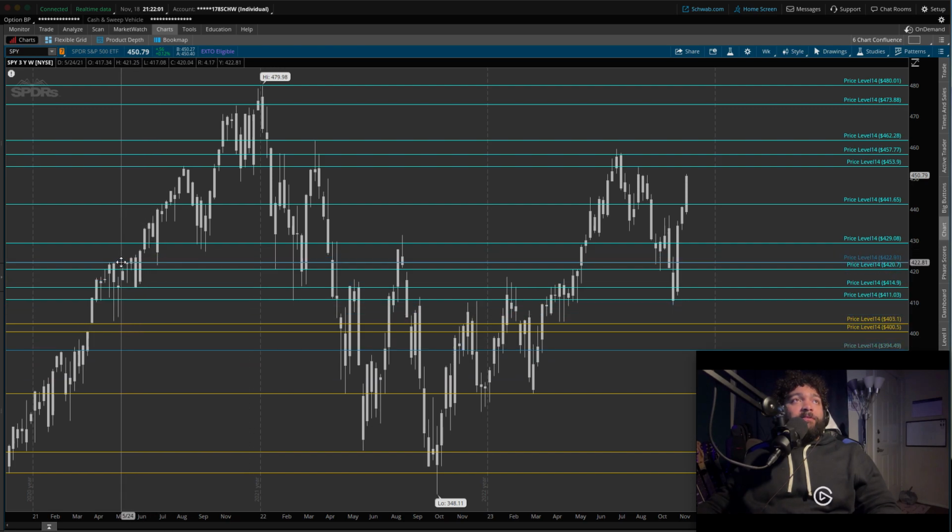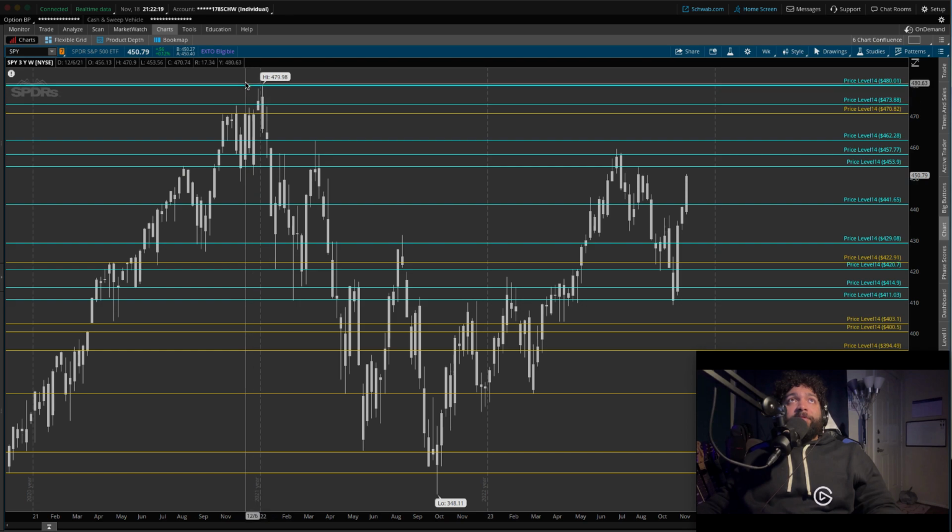Right here, you can see it rejected a couple times. So that could be a strong point of resistance. The top is already similar to the other one we did right there. I know there's wicks, but the wicks bounced off of the monthly level. So